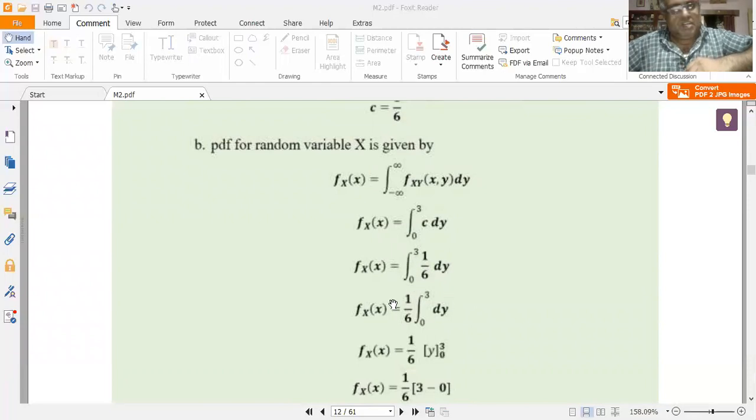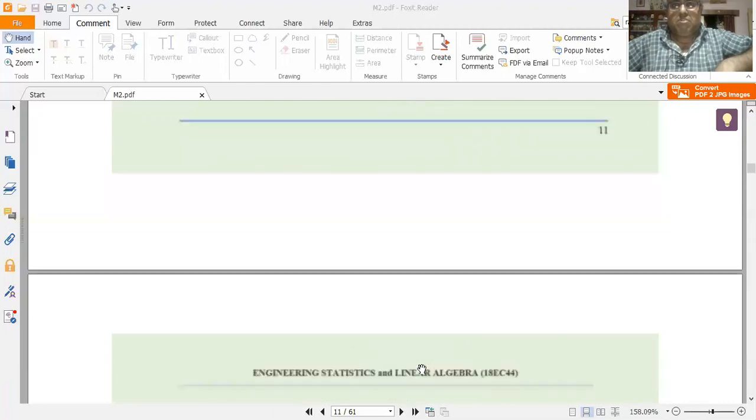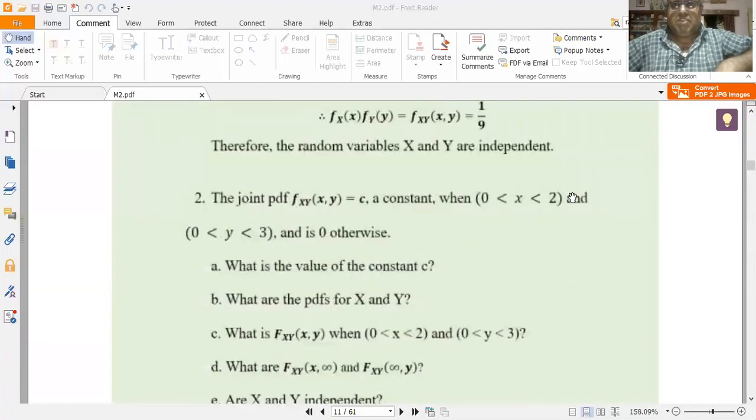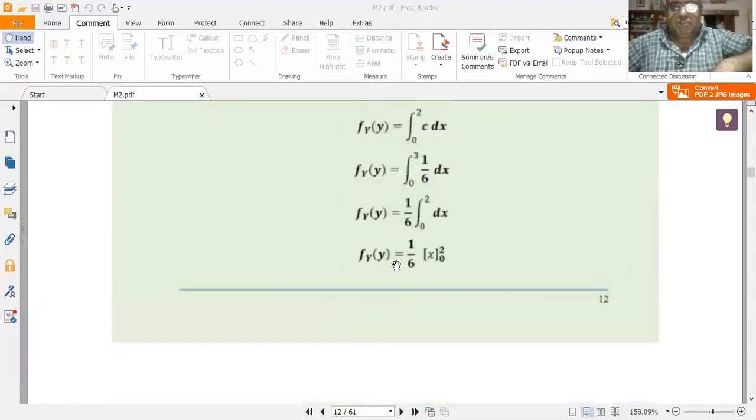1 by 6 is a constant, pull it outside the integral sign, so I get 1 by 6 times the integral from 0 to 3 of dy. Substituting, I get fX(x) is equal to 1 by 6 into 3, or fX(x) is equal to 1 by 2 for x lying between 0 and 2. Why? Because as per the given problem statement, x always lies between 0 and 2 in this case. So I have calculated the first